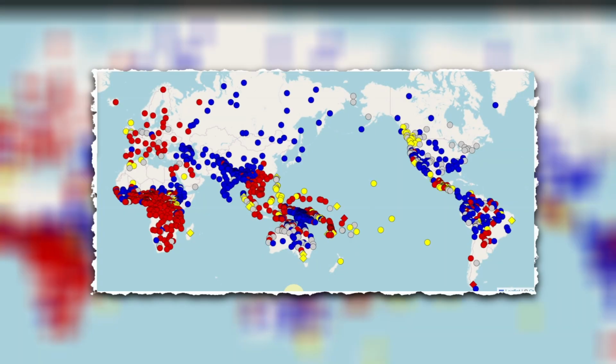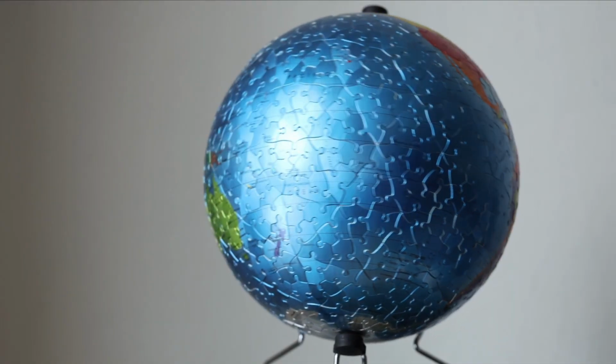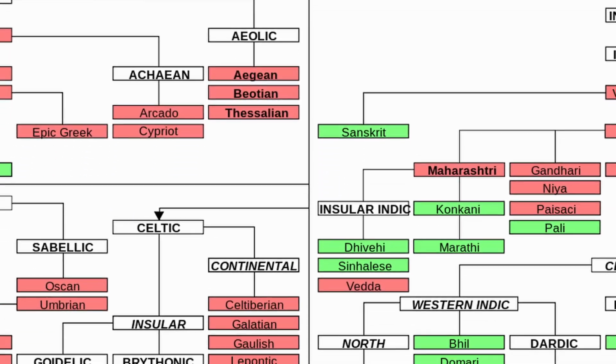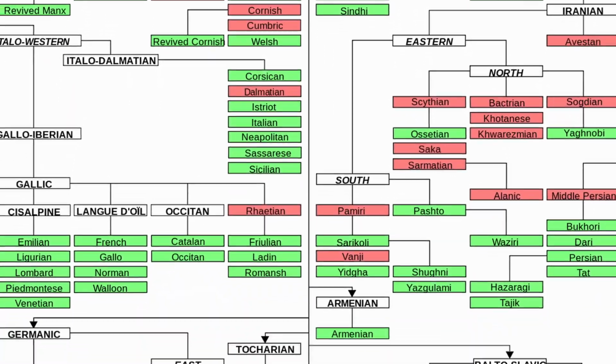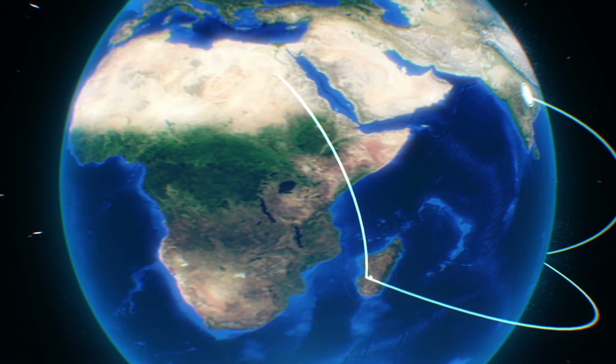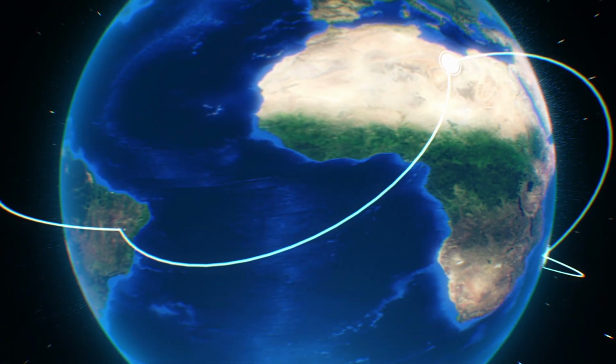7,000 languages. One massive puzzle. Most people think the best way to sort them is by history, the classic language family tree. But history only takes us so far. What happens when a language in South America behaves exactly like one in Northern Asia, despite being thousands of miles